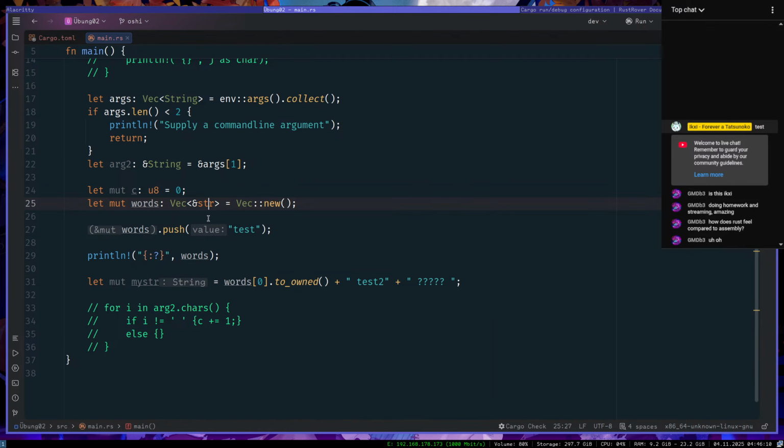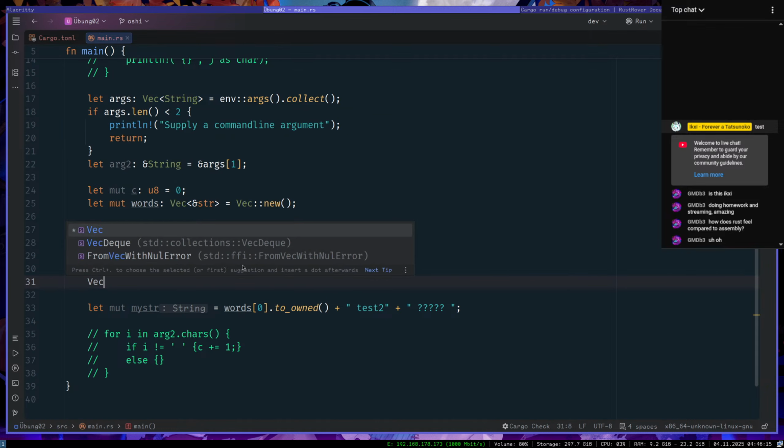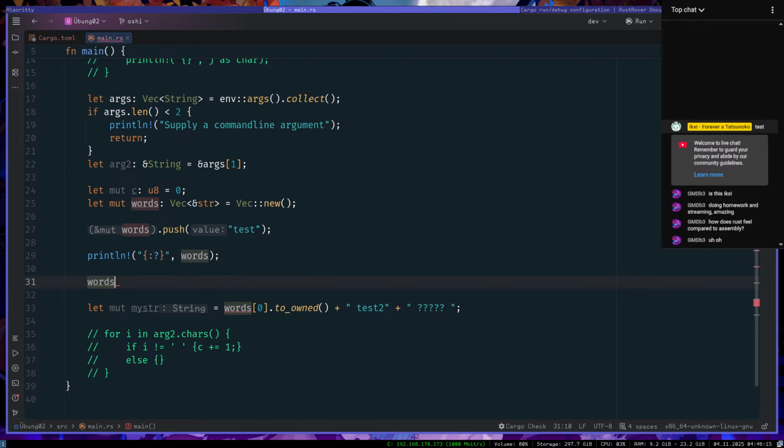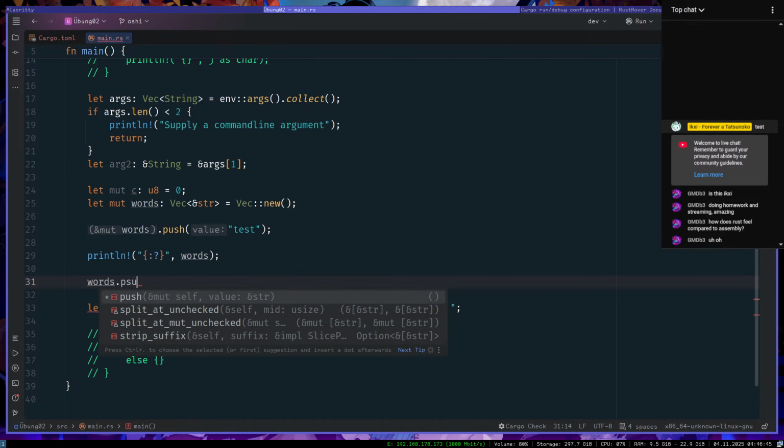Okay, what if I wanted to words 0 equal, or could I do words put? No, I could do, okay, I don't know why it complained there.